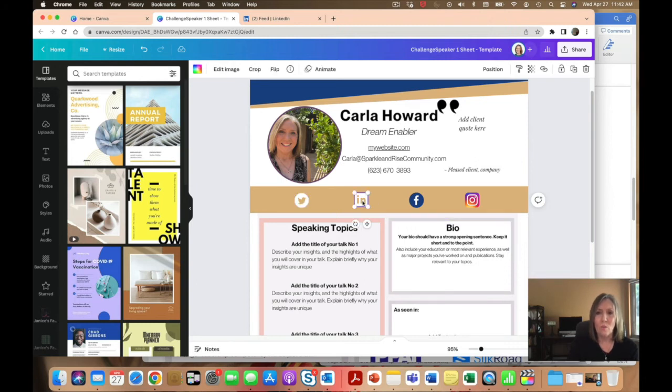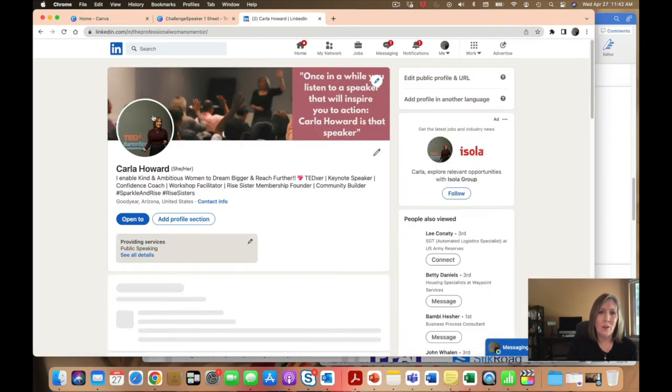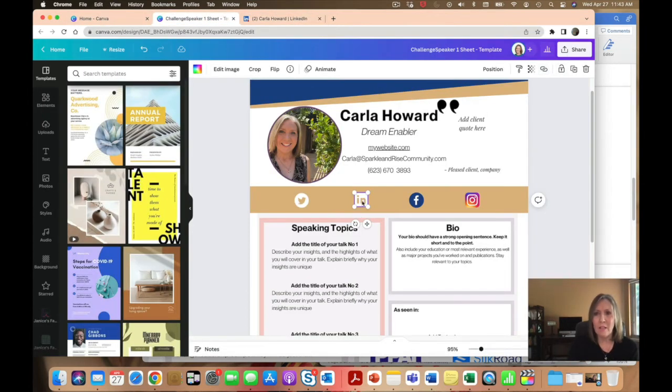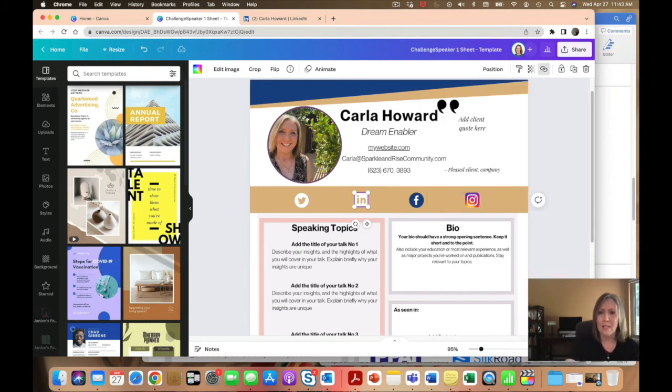So let's start with LinkedIn. I'm going to go over here to LinkedIn, go to my profile, copy this URL, and then I've got LinkedIn already highlighted. So here in the link, I'm just going to paste it, hit enter, and now this LinkedIn icon, once it's downloaded as a PDF, is going to take me directly to LinkedIn. When you do create your PDF, you want to test all of your icons